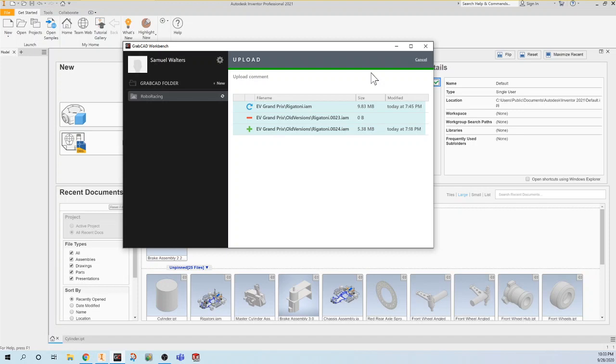Well, the answer is, it's always best to coordinate with anyone else who might be working on the same parts, because it's true. It could happen that someone accidentally erases someone else's edits because they worked on it at the same time. But there is another fail-safe way through the GrabCAD website,